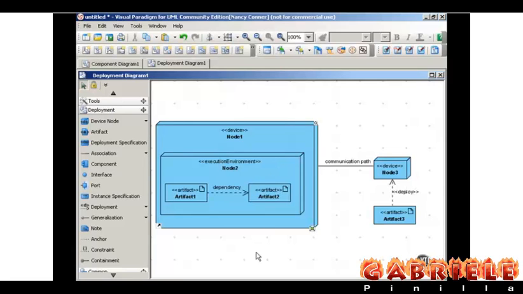Other elements of deployment diagrams include artifacts, and artifacts are physical manifestations of software, such as files. These diagrams also show communication paths. Communication paths are simply associations between nodes that show how those nodes communicate, and communication paths can be labeled with information about the communication protocol to be used, such as HTTP or RMI. You can show the deployment of artifacts to a particular node either by using this method, which places the artifacts within the node that hosts them, or using this method, which uses a